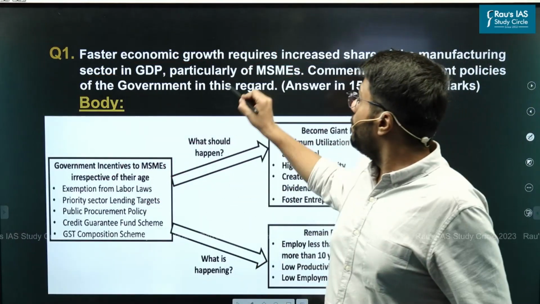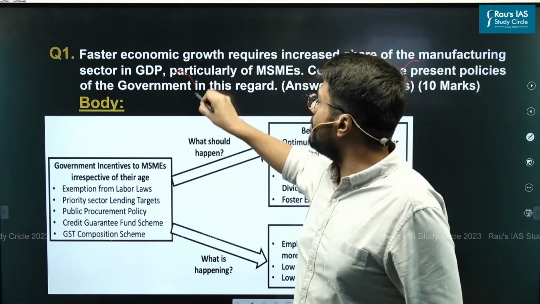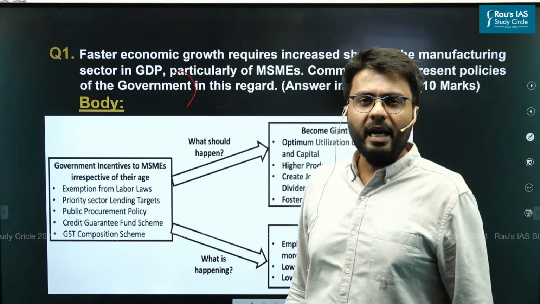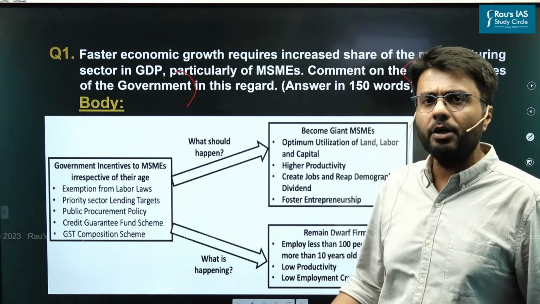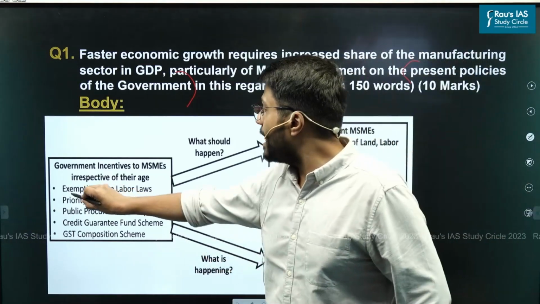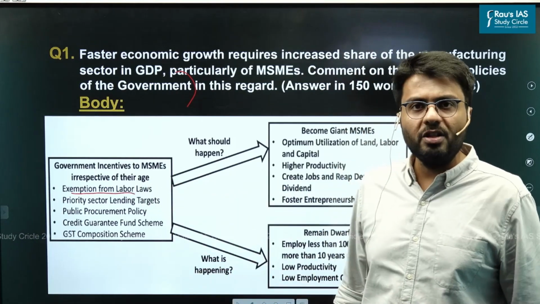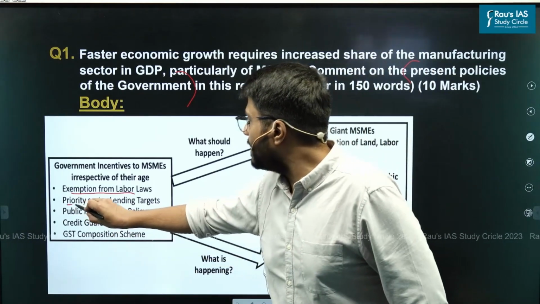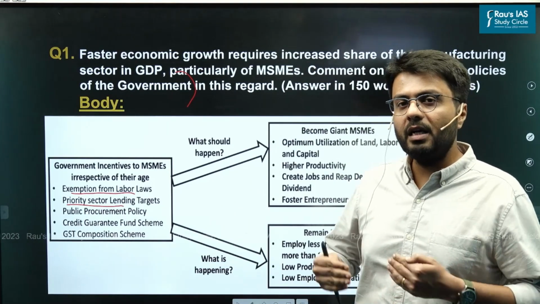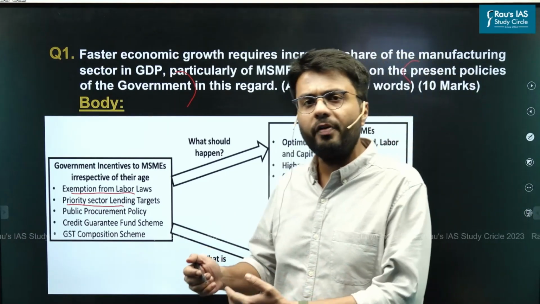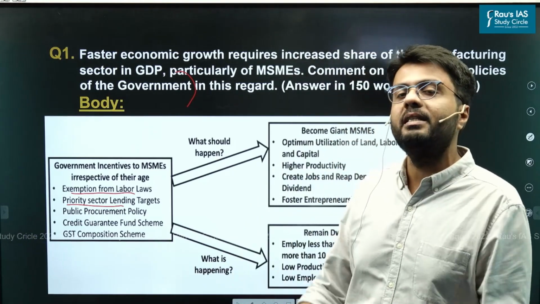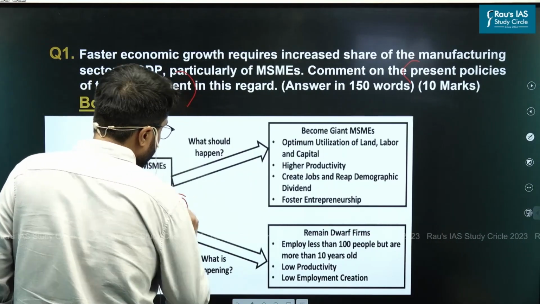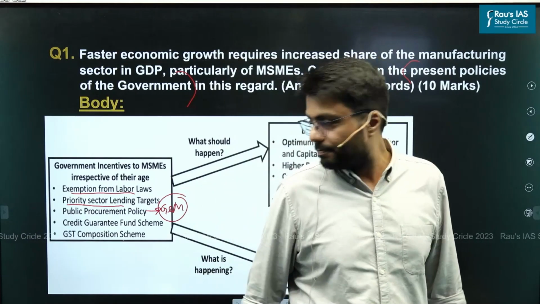Now, the first policy of the government in regards to increasing the manufacturing share with regards to the MSME sector. Now, the government currently extends several benefits to MSMEs in particular. For example, it exempts MSMEs from many labor law regulations. Also, it provides MSMEs credit under the priority sector lending targets. Further, the government also favors procurement of products from MSMEs by public sector companies. For example, the GeM portal particularly focuses on products from the MSME sector.